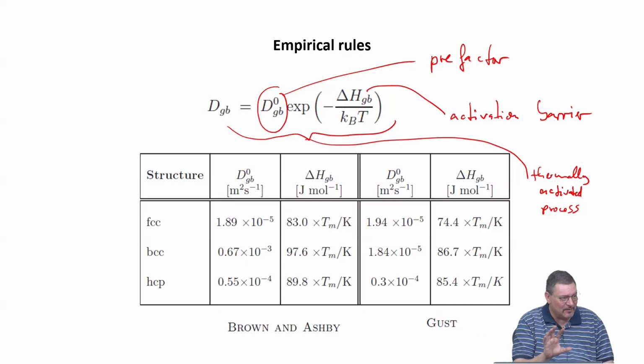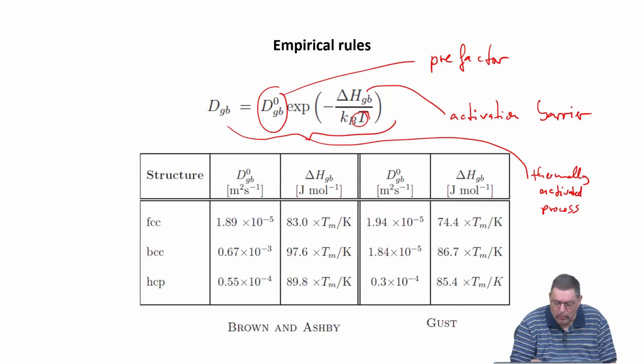Warning, these are rules of thumb. So if you are working in an environment where you need to design a certain annealing treatment or get a first shot at an unknown system, you can use these parameters to calculate roughly what the grain boundary diffusion coefficient will be at a certain temperature, because you plug in the real temperature here, and then you can derive the numerical value. So you can do a first experiment, and that will show you, is this rule of thumb applicable for this system, or is it rather not applicable? But the details will vary a lot from system to system.